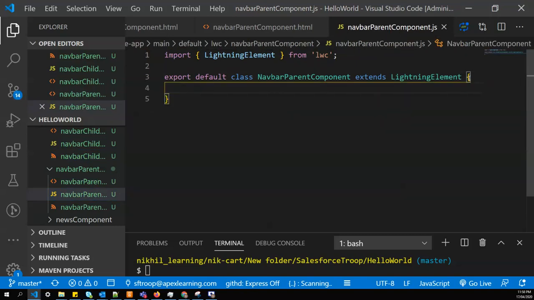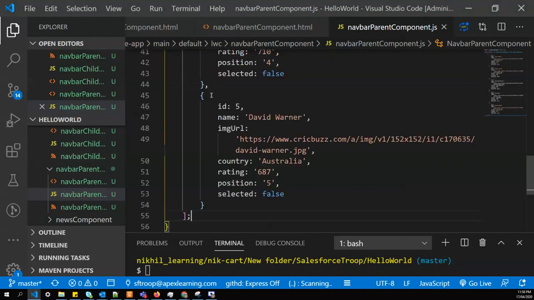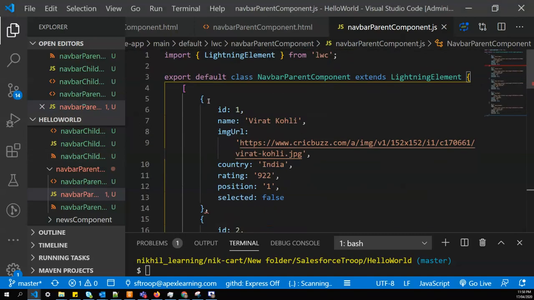We have some JSON or data already ready, so I'll just copy paste it as it is, and I'll say this property navlist.